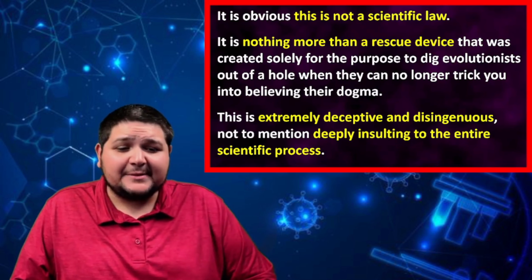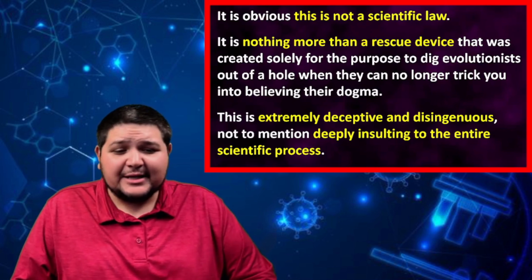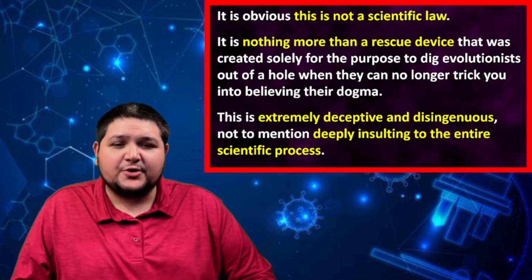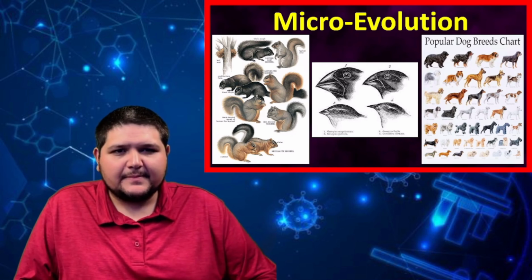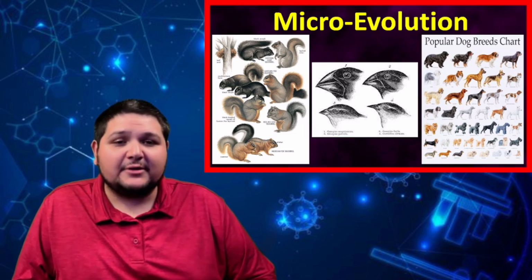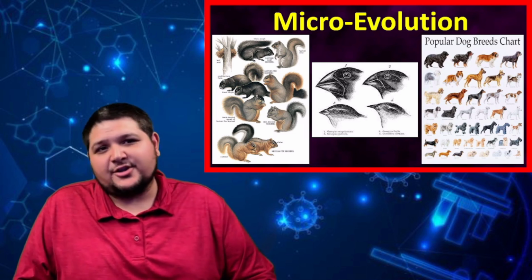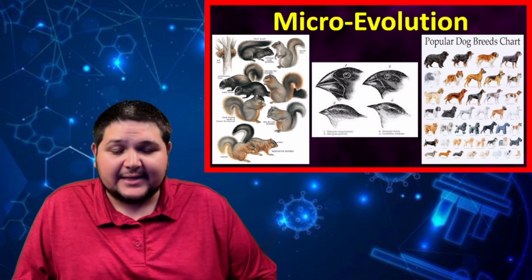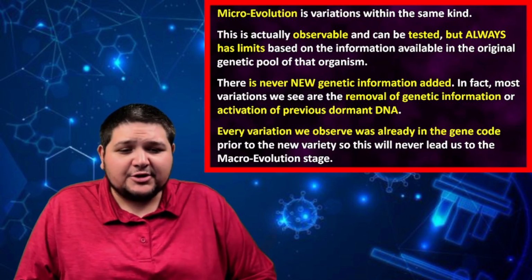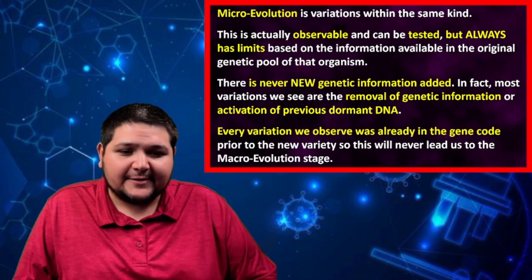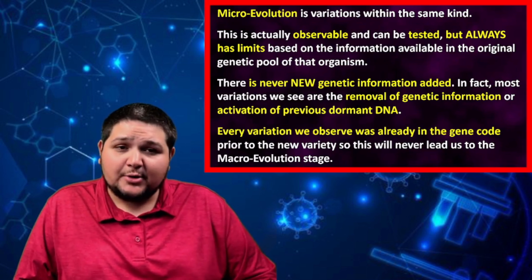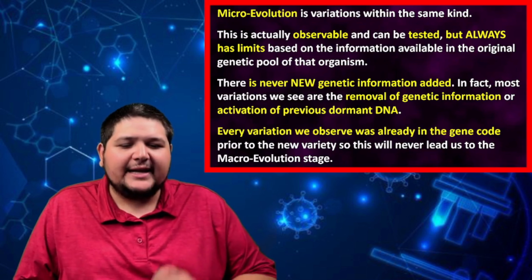This is extremely deceptive and disingenuous, not to mention I find it deeply insulting to the scientific process. Next, let's look at microevolution. Now we're actually starting to talk about observable science. Microevolution is variations within the same kind. This is actually observable and can be tested, but it always